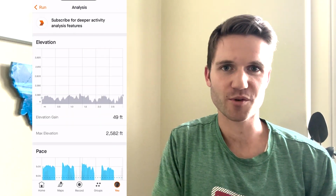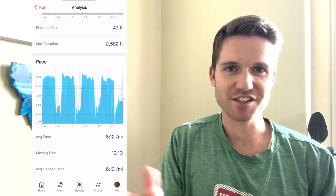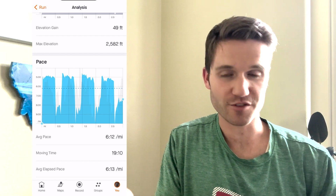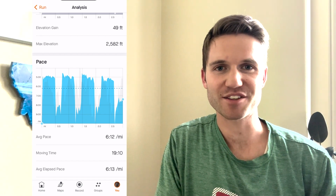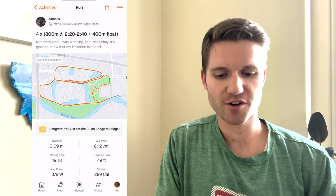I was running like a 7:50 to 8-minute pace. And what I really needed to do was slow that down so that I could focus on the speed of the 800-meter intervals. As you can see in my splits, I ran the first 3 intervals roughly at the target pace, and then on the 4th interval, my legs just kind of filled with lactic acid and my pace sort of just decreased quite a bit. But I was really happy with this workout, knowing where my weaknesses are and that speed needs to be a